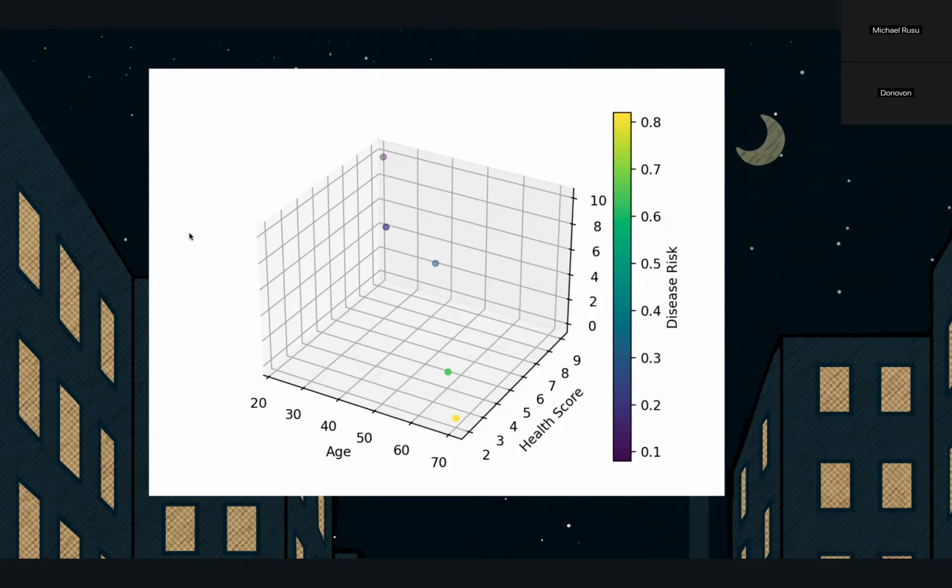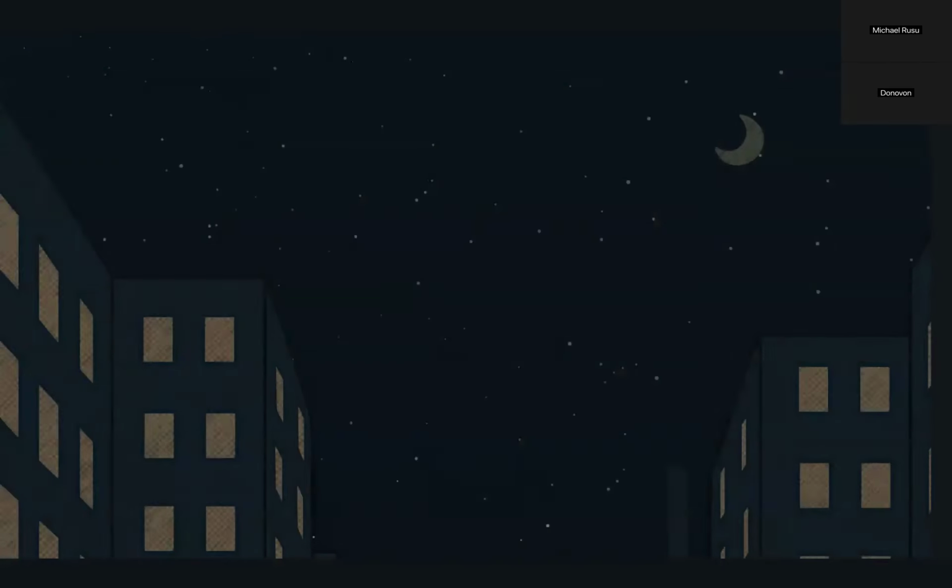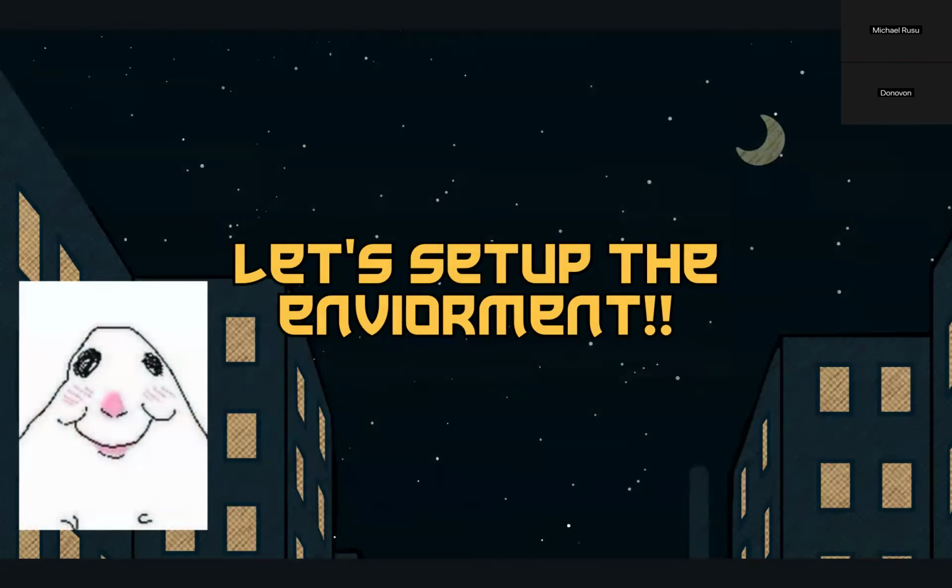But compare that to a person who is 70 or almost 70, has a health score of 3 or 2, and has 0 exercise. You can see that they're higher in risk of getting a disease, which is how we age and how the relationships work.